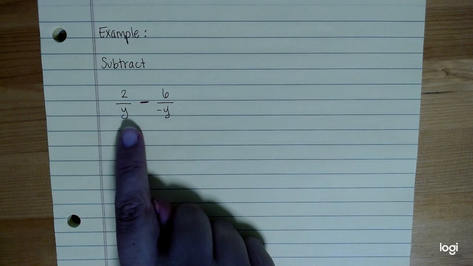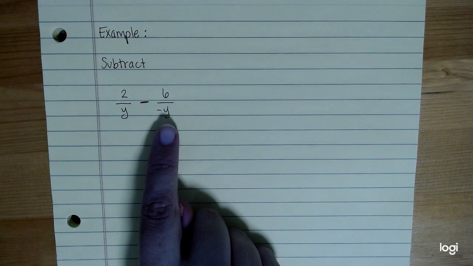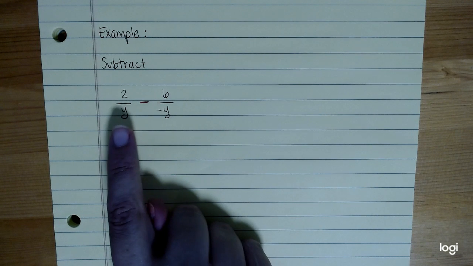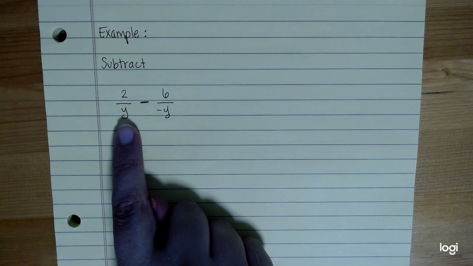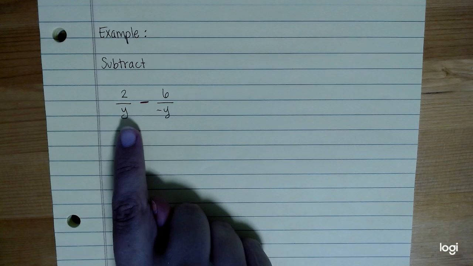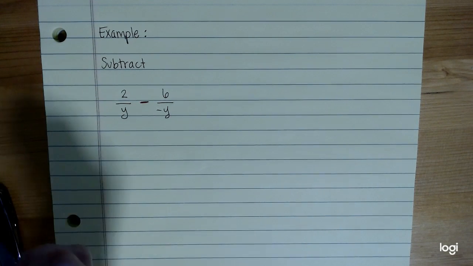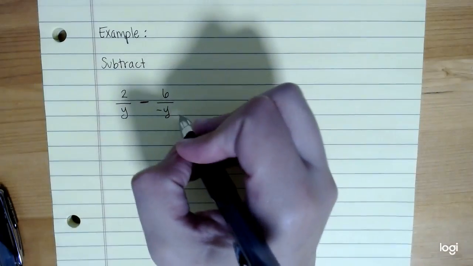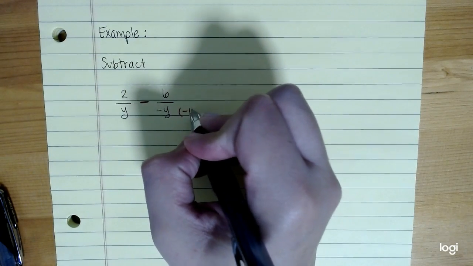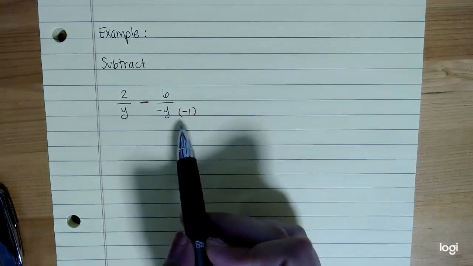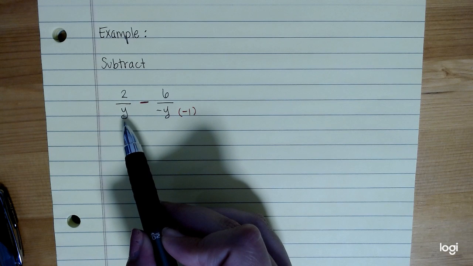So I really like the positive y denominator. So I'm going to go over here and I'm going to ask myself, what can I multiply negative y by to make it look like a positive y? Is there even a possibility for me to do that? And the answer is yeah, you can. If you multiply this denominator by -1, then you're going to make it look like this denominator, which is positive